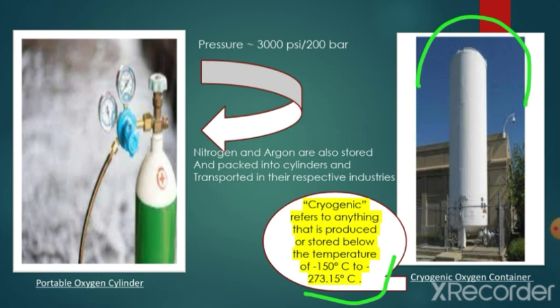Now you may wonder that oxygen, nitrogen and argon all have to be stored at a very low temperature. So it is important that the material of construction of cryogenic tankers is way different from regular tankers. They are not made of steel, they have a different design setup. If you want to know more about cryogenic designing, I have put the link in the description below, you can refer to it.